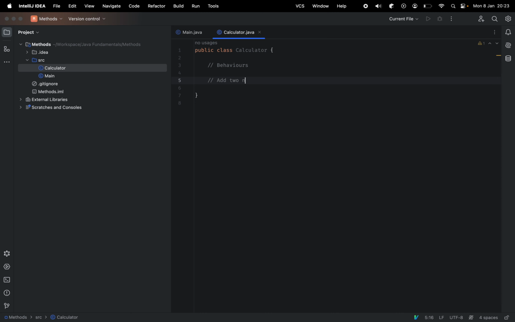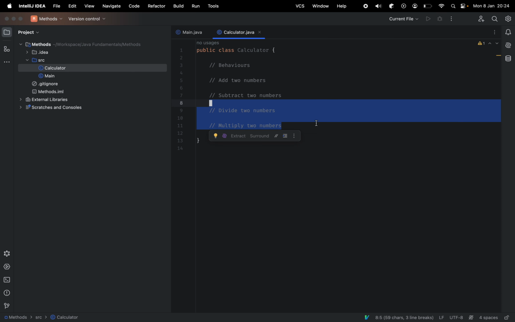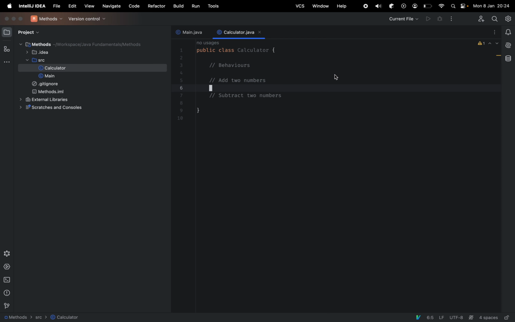add two numbers. We can subtract two numbers. We can divide two numbers. And we can multiply two numbers. We don't have to repeat it for all of these, so let's just do add and subtract because the fundamentals are really just the same. We're learning about methods here rather than actual calculations. So